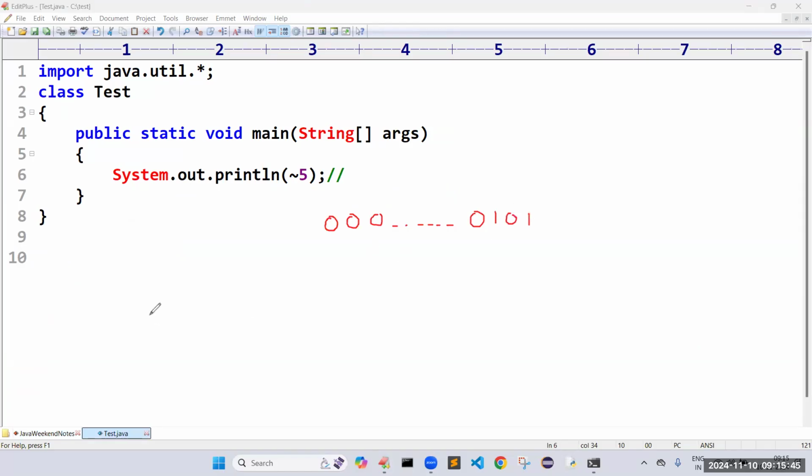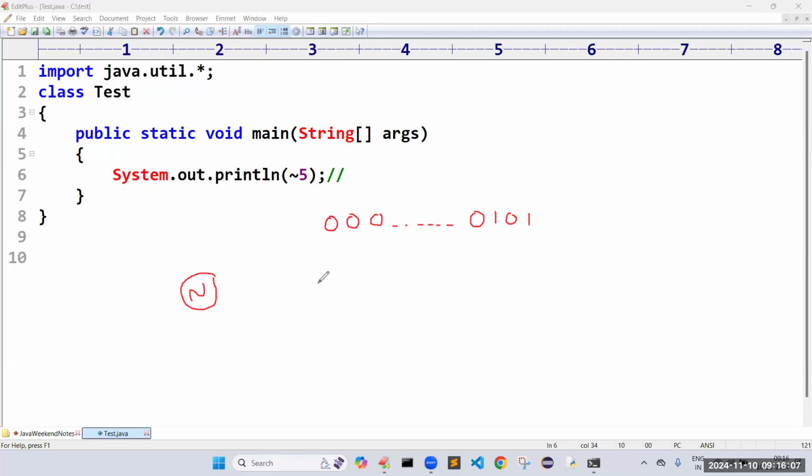Complement means converting every 0 to 1 and 1 to 0. Wherever 0 came, we have to convert it into 1. Wherever 1 came, we have to convert it into 0. That is the functionality of this